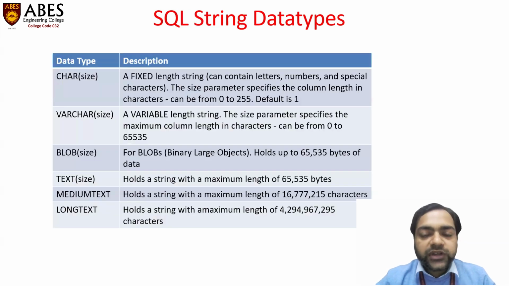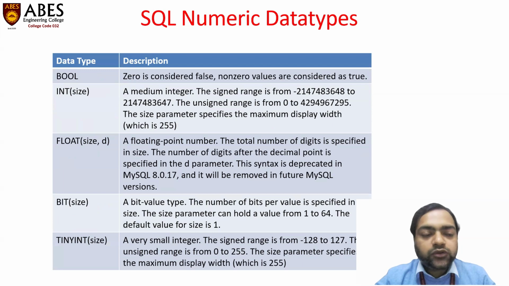So now we have SQL string data types. These are the different data types used in SQL. We have char, varchar, blob, text, medium text, and long text. All these data types are used to store string type data in the database. Next, we have numeric data types. If we want to store numeric data into a particular column or attribute, we use these types of data types. Like we have bool, int, float, bit, and tiny int. So basically, the difference lies in how we are